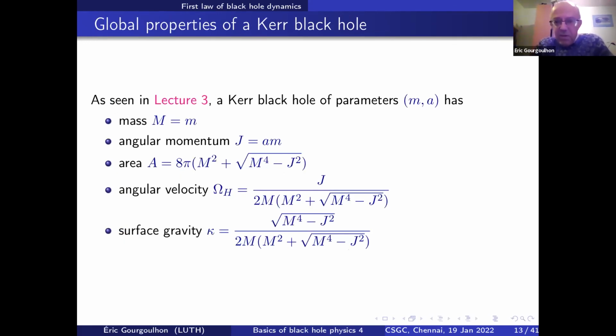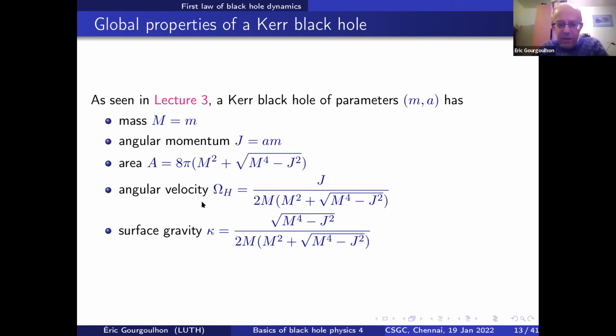How do we obtain this change in the mass and spin parameter? Well, as we've seen in lecture 3, yesterday's lecture about the Kerr black hole, the small m which appears as a parameter in the Kerr solution is nothing but the total gravitational mass of the black hole. The small a is related to the total angular momentum by this formula. We also computed yesterday the area of a black hole, I mean the area of any cross-section of a black hole. It is given in terms of mass and angular momentum by this formula.